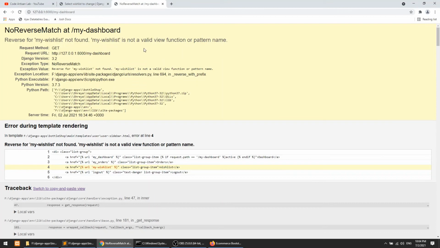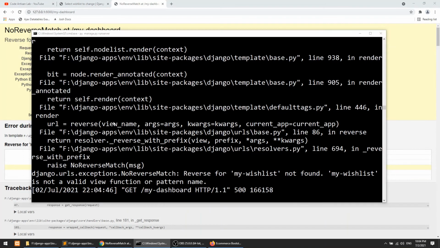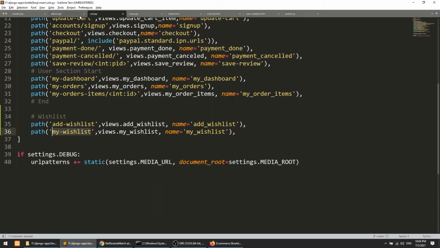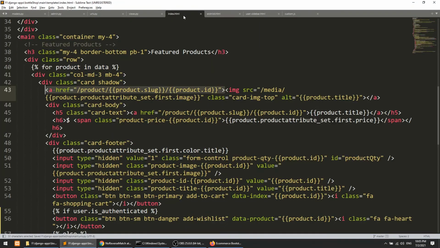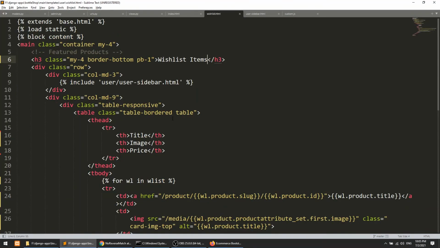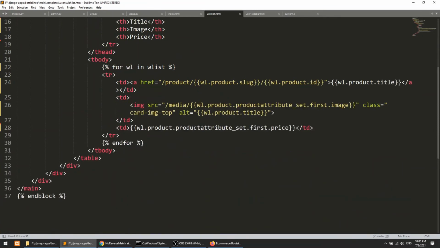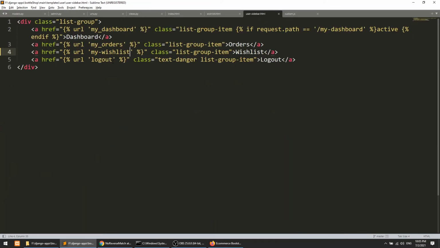Refresh the page, and it is again saying reverse my wish not found. Where is the error? We can see my wish list is not found. Why is it showing the error? I have created my wish list, and we have a wish list page, and we have everything, we have saved this user sidebar also,